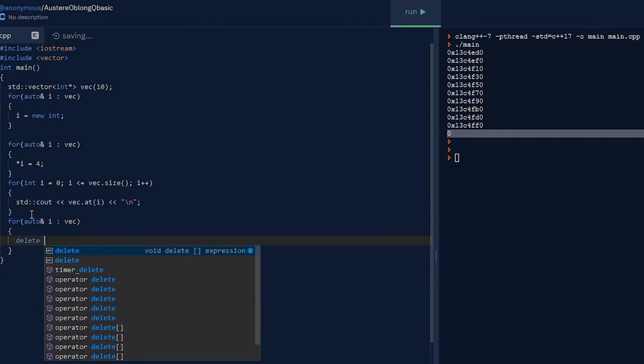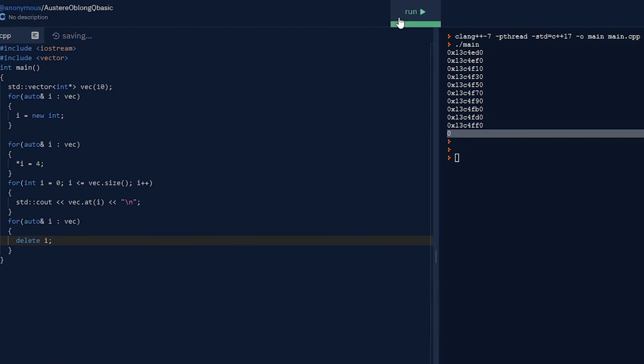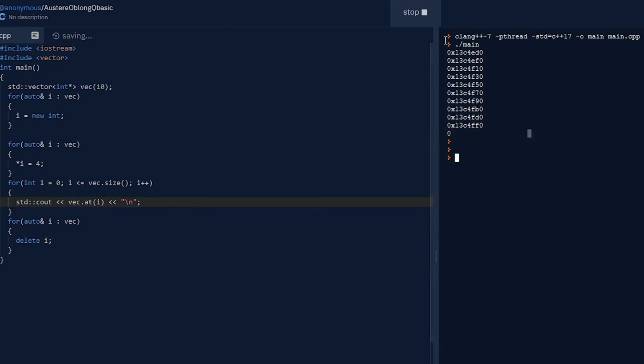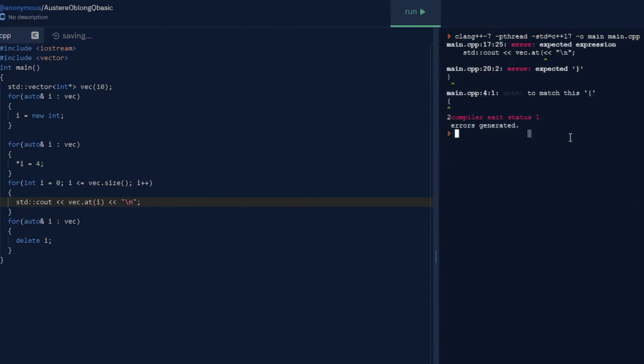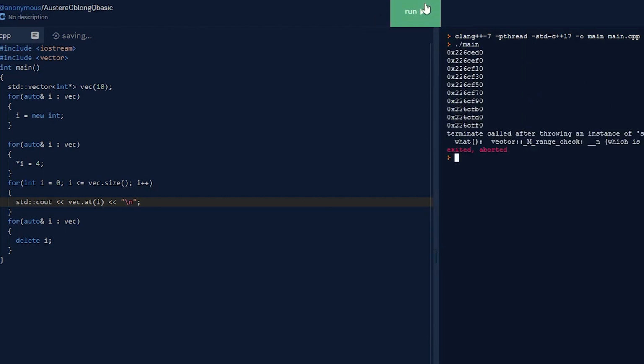and I'm gonna delete all of the memory I did, right? Because I'm smart. I'm gonna delete i. So I'll run this, and it's gonna throw an exception now. I'm so used to just doing the brackets in here. So yeah, if you use at, it's Replit messing with me again. Yeah. Terminate called after exception. Okay. You'd think this, okay, that's not that bad. But,